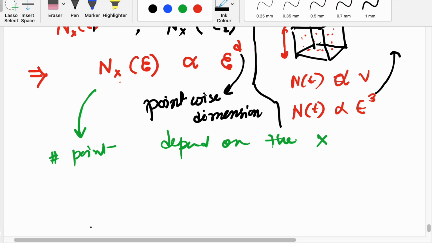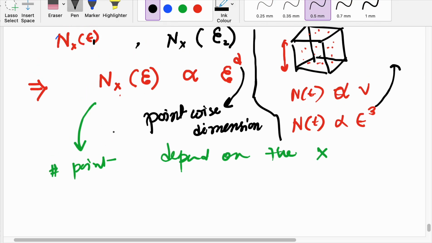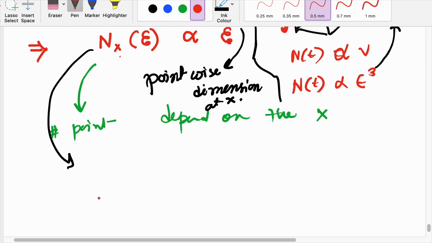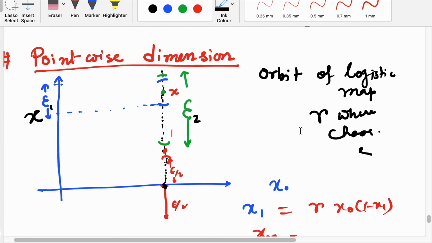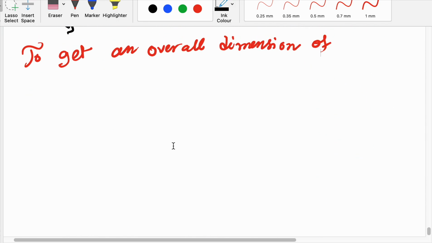So now if we handle this problem, what I am saying is called the pointwise dimension at point x and around point x. Now to get an overall dimension of these complicated looking dense points,